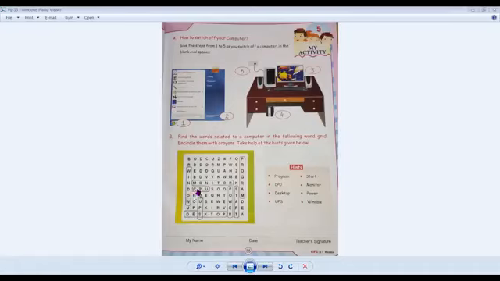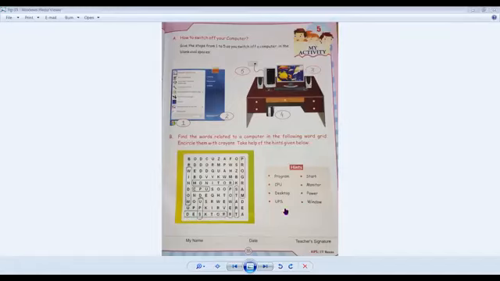Did you all get CPU? Then next word is desktop. Desktop is here in the last line. D-E-S-K-T-O-P. This is your desktop. Circle this.